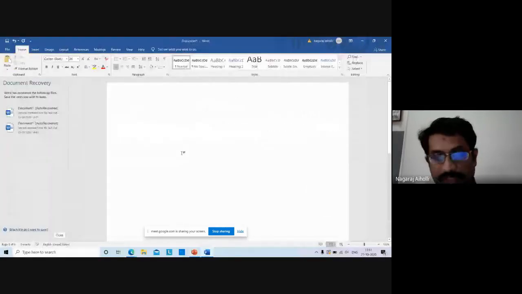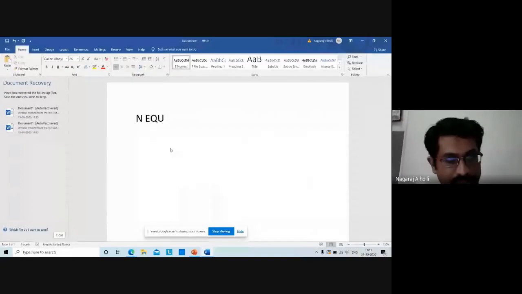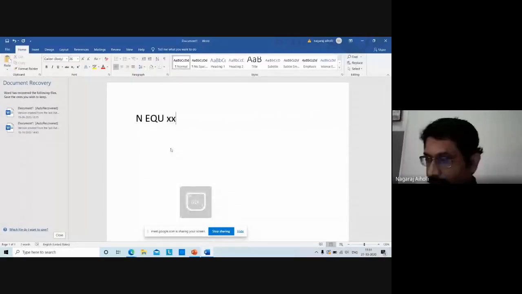So here, first I will assign the value of n using the EQU directive. n equal to XXH, where X may be some value.